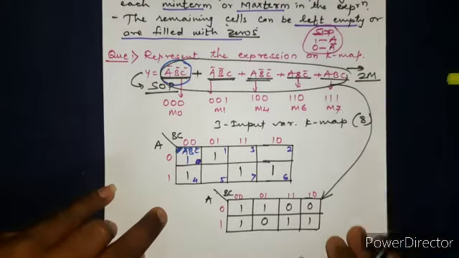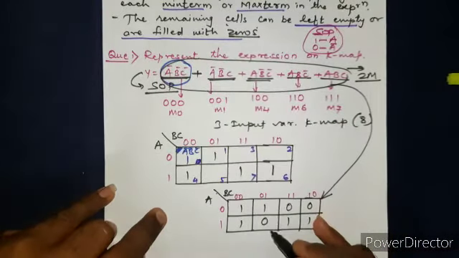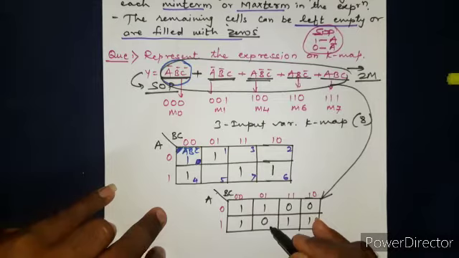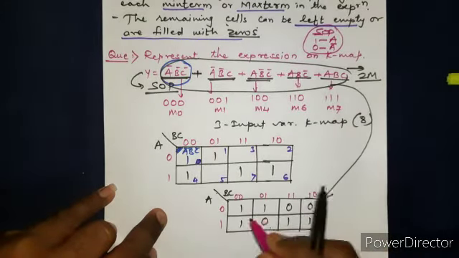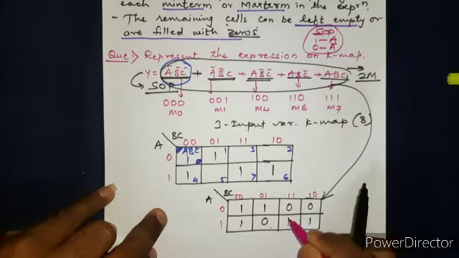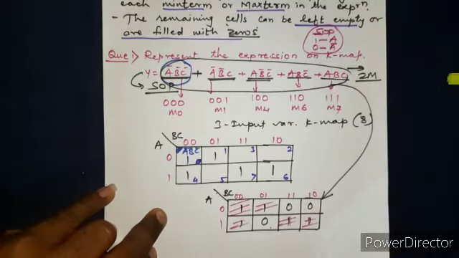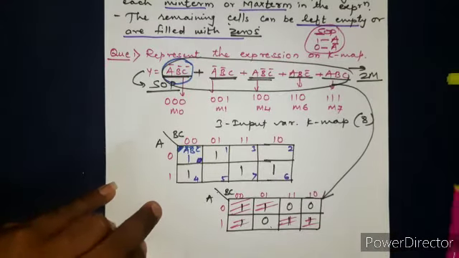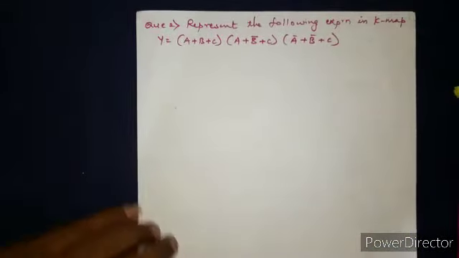Okay, now this is the first step. We have just mapped this minterm with the K-map. In the last lecture I said, since it is SOP, these cells where we have 1, they are important now. So we'll see how they are important in the next lecture. Okay, so this is for SOP. Now let us see the POS form.